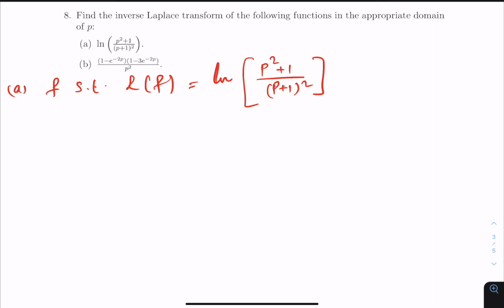Since we don't have a direct formula for inverse Laplace transform, if we knew, we could have just taken the inverse Laplace transform of whatever is here and computed it. We are not going to do that. We are just going to see whether we can write the right hand side here as the Laplace transform of some function. So for that, let's use some properties of Laplace transform. If we differentiate both sides,